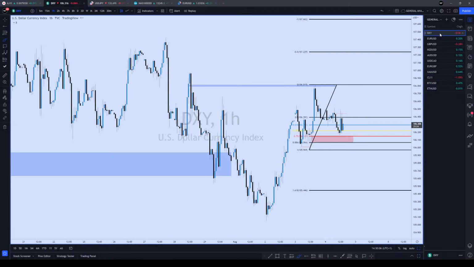What I want to see is expansion on the dollar index. I want to see a big range candle on the dollar index today. Let me see if we have any news event. We don't have any news event, so we just have to rely on price action, or someone has to come and say something stupid, and then we experience some big move to the upside.